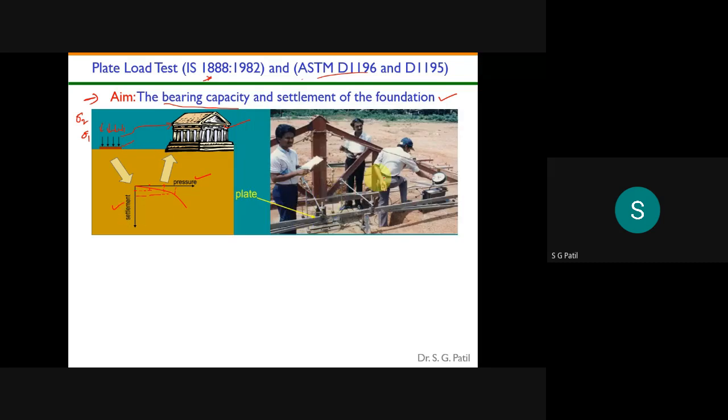So here are some field pictures. You see, this is the truss, and this truss will be grouted inside the ground with the help of some nails. They will grout it, fix it inside the ground, and then here we will apply some pressure. Can you see this machine? With its help, we will read how much pressure has been applied.